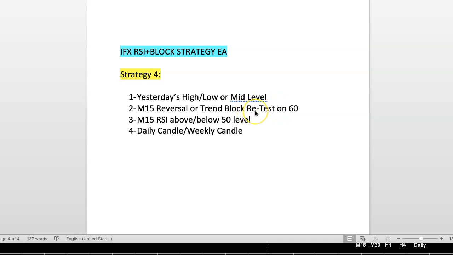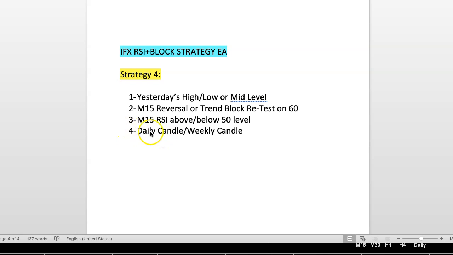okay? Retest entries. What are the retest entries? We're waiting for the block to happen first, and then what we're looking for is for the price to retest the block and then come back down again, or up, depending on what we're looking for. And then we're making sure the RSI is either above or below 50, and the daily candle or weekly candle,